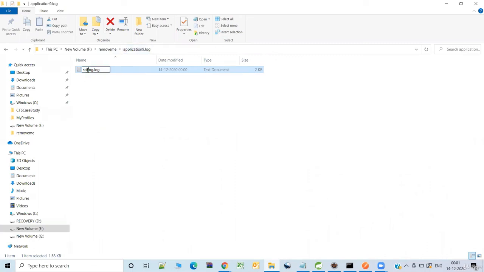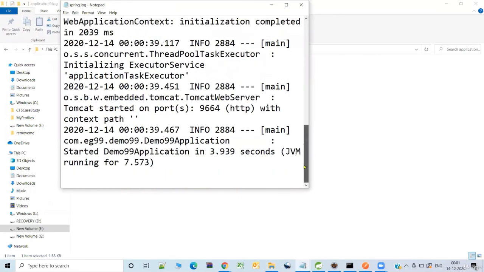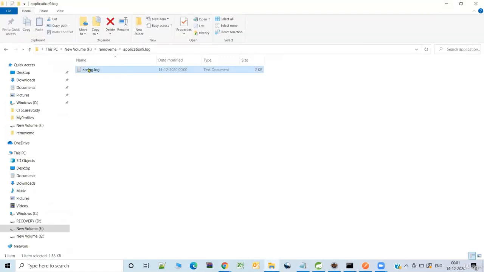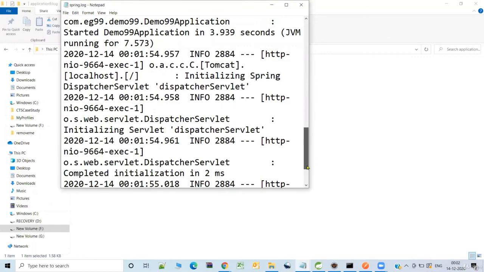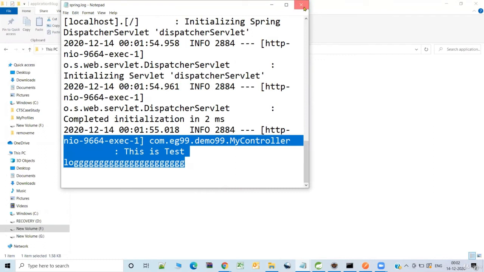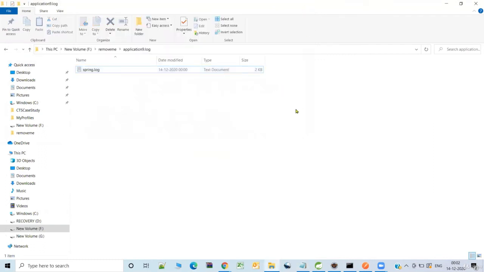So there is a log file which got created, as you see here. Fine. So now let me hit the REST endpoints and let me go back and see if that log gets appended to this. Yes, as you see here, the log got appended. So this is the way we can set the logging level, the log file path, and the related details in a Spring Boot application.